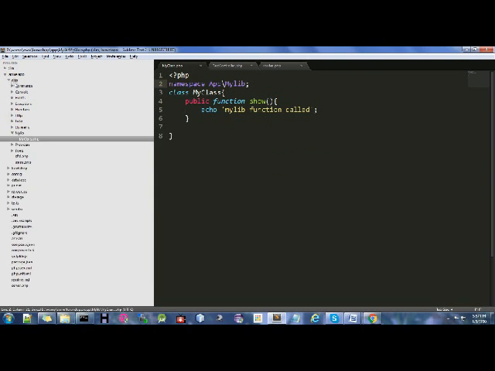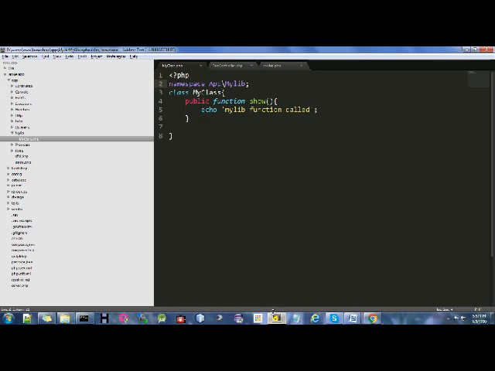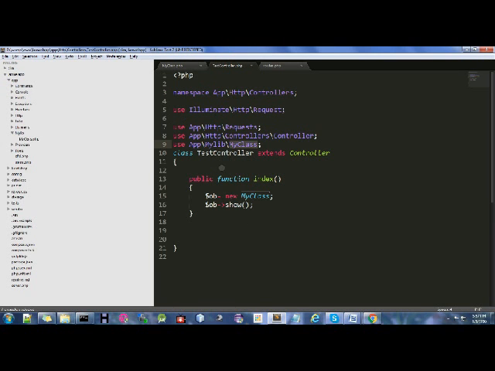So here, this is app, inside this we have mylib. So now it becomes available. What I have done is I have created my separate class with the name MyClass, and I use this in the controller with the name TestController.